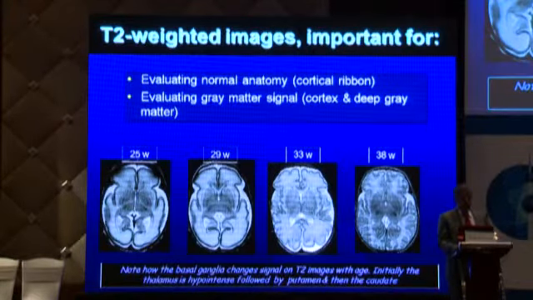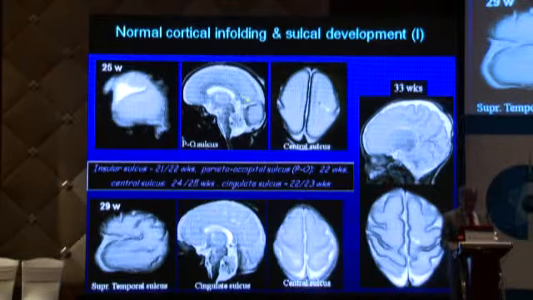On T2 weighted images, we look for normal anatomy. Remember that in the adult brain, you look for normal anatomy on T1, but in the neonatal brain, you look for normal anatomy on T2. And this is different ages, 25, 29, 33 weeks, and 38 weeks. Look at the appearance of the basal ganglia. It becomes brighter in the thalamus, darker in the thalamus initially, and then becomes more darker anteriorly. So there's a characteristic pattern that you don't need to remember, but we do about 5 to 10 neonatal MRs every week, and we need to know this because we need to pick up those subtle findings.